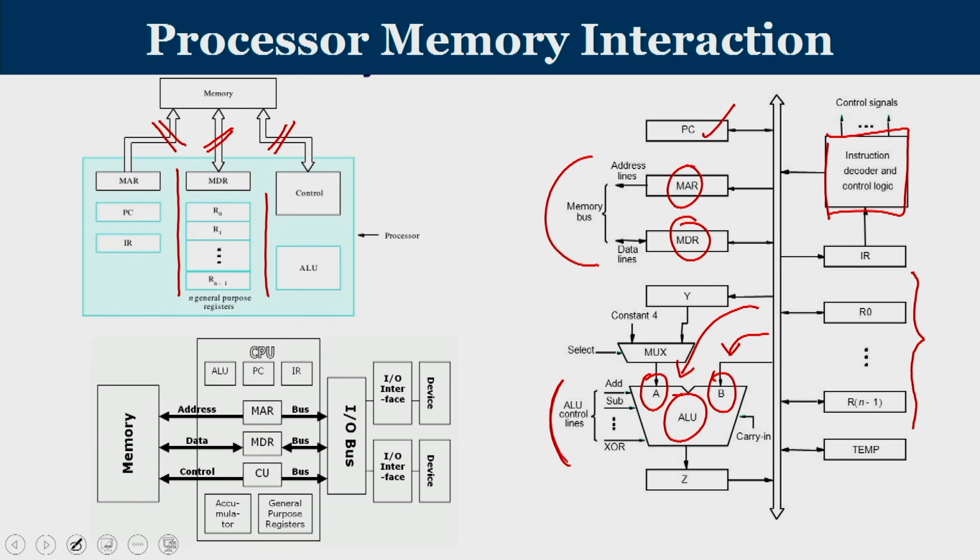Since it is not possible to bring two operands through A and B together, one of the operands is brought to a temporary register called Y in one clock cycle, and in the adjacent clock cycle you bring the contents into B, and then the content that is already stored in temporary register Y is transferred into A. The result of an ALU operation is stored in Z, and depending on where the result is to be stored, it will be moved from Z, the temporary output register, into the appropriate general purpose register through the internal processor bus. So this is the internal processor bus.